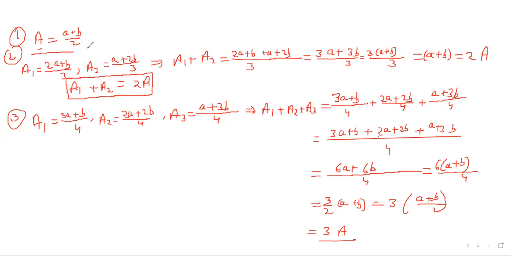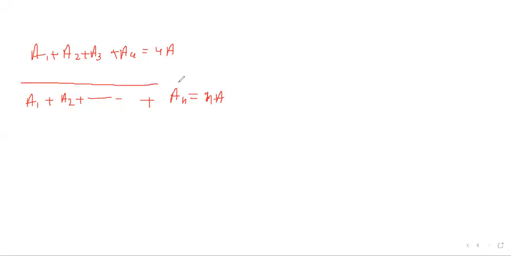So the sum of 2 arithmetic means equals twice the single arithmetic mean. The sum of 3 arithmetic means will be thrice the single arithmetic mean. Again, if we conclude the sum of 4 arithmetic means, then it will be equal to 4 times the single arithmetic mean. If we assume there are n arithmetic means, then their sum is equal to n times the single arithmetic mean. So it is a very interesting theory, which brings us more towards arithmetical calculations.